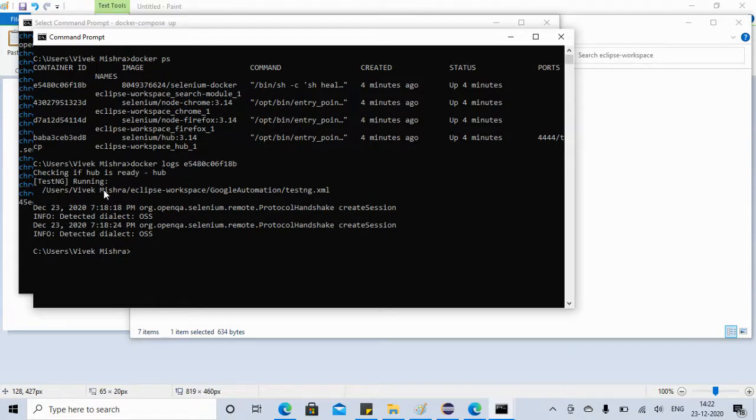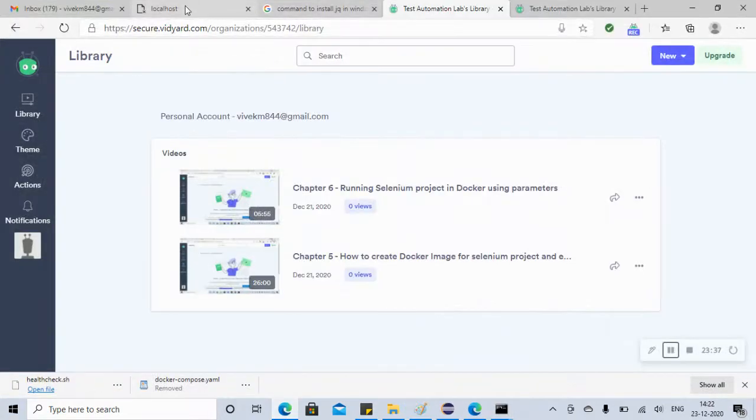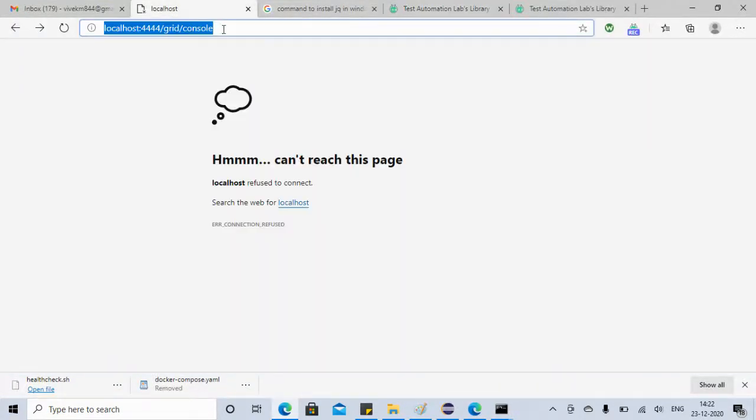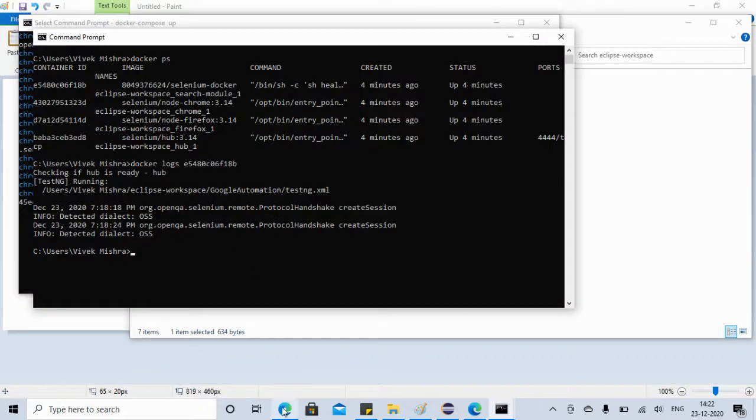It's saying it's currently running, checking if hub is ready. Let me check whether the hub is ready or not. Give me some more time.